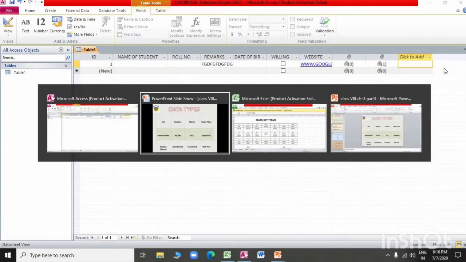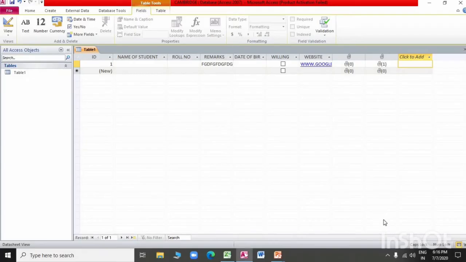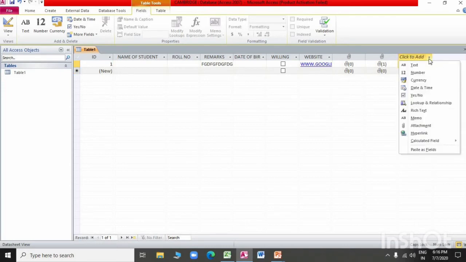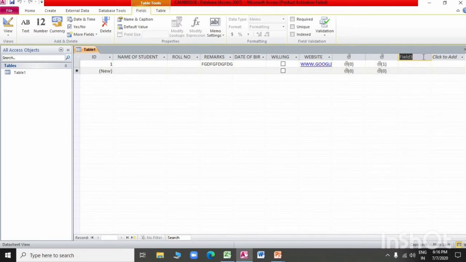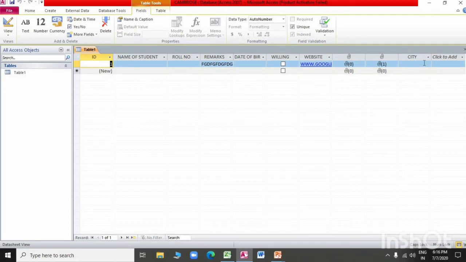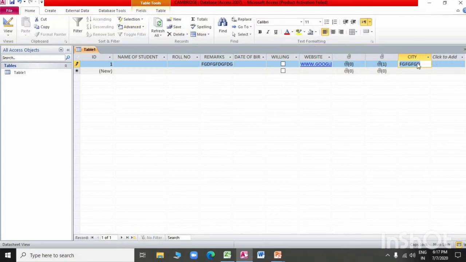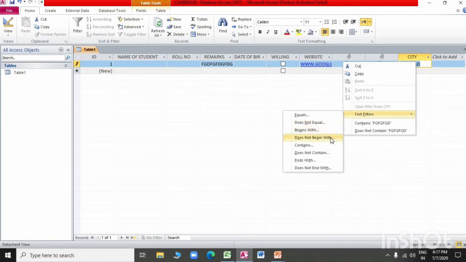After that is rich text. What is rich text? Text, or combinations of text and numbers, that can be formatted using colors and fonts. Here we can give the rich text data type. Here we can give any field, suppose city. Okay, it is rich text. You can select it and make it bold, italic, and so on. Okay beta, it is a rich text field.